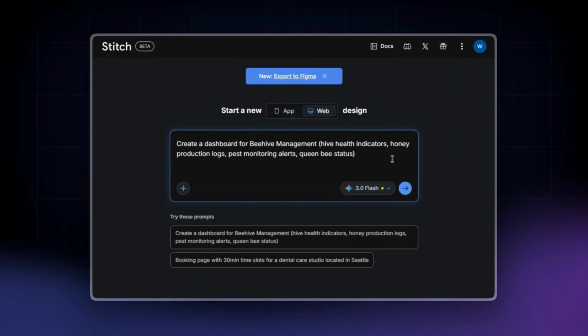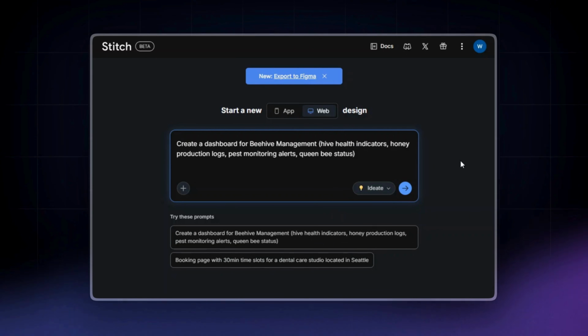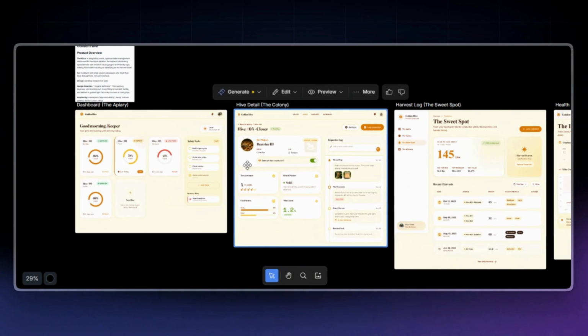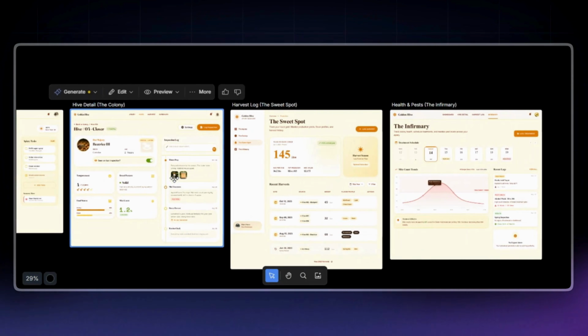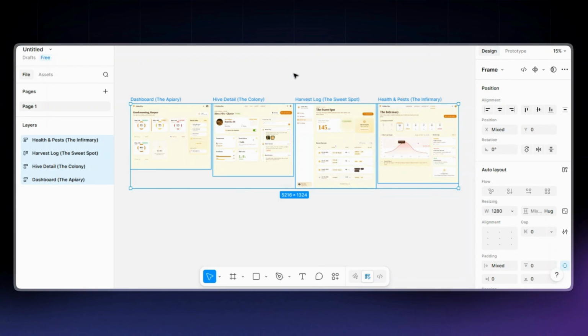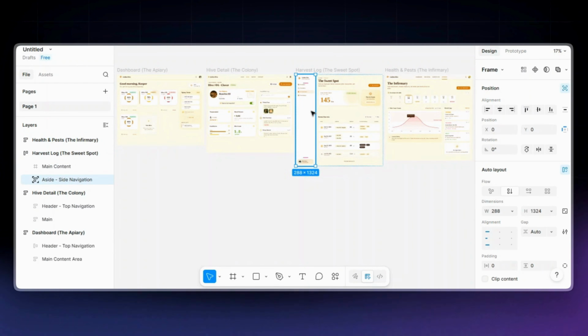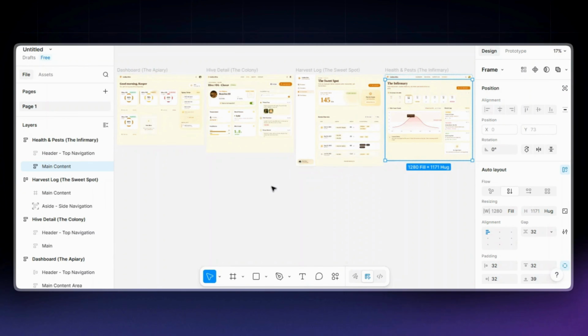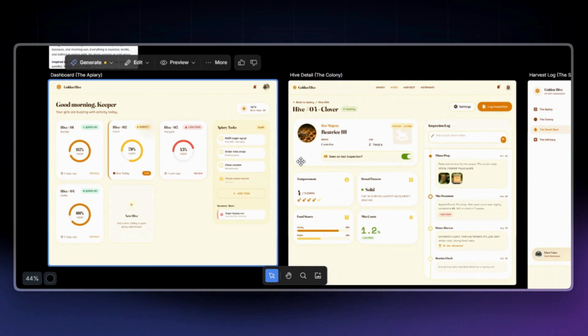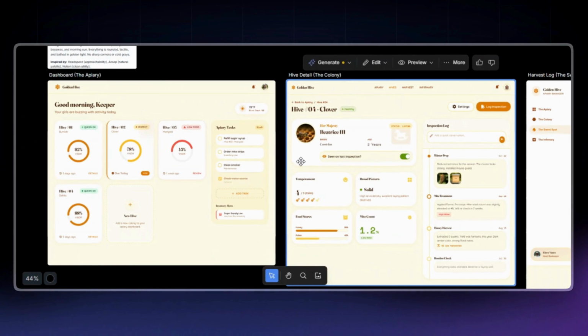All right, imagine this. You open a design tool. You type one prompt, it brainstorms with you like a product team, writes the PRD for you, designs the app, and then exports everything straight into Figma as fully editable layers. Yeah, that's exactly what just happened with Google Stitch, and this might be one of the biggest updates for web